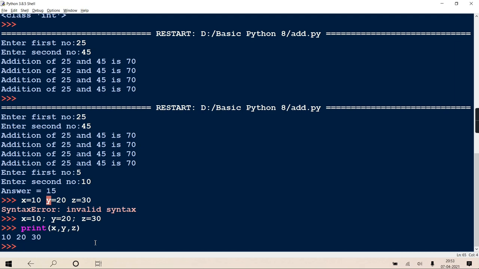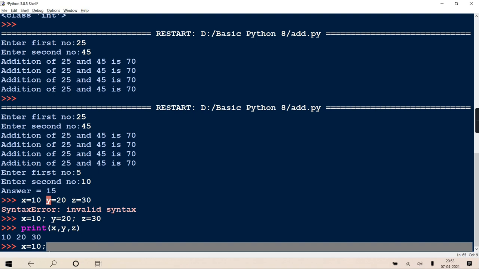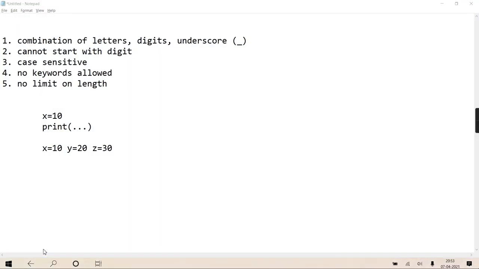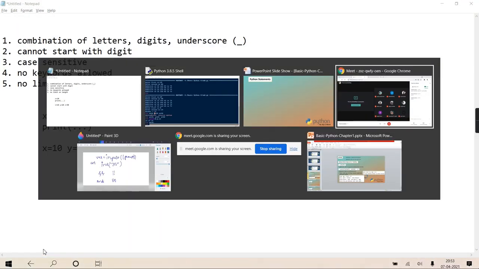Okay, but now someone may ask, suppose purposely I put a semicolon at the end, will it generate an error? So no. x equal to 10 semicolon, it won't. Clear? The meaning is still the same, as a separator. So here it will consider two statements: x equal to 10, and another as a null statement. Getting? It will treat that null statement and this statement, and this semicolon is still only a separator. Okay, so hope the concept is clear.